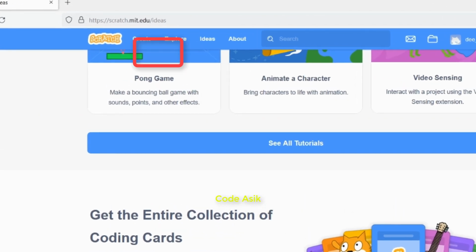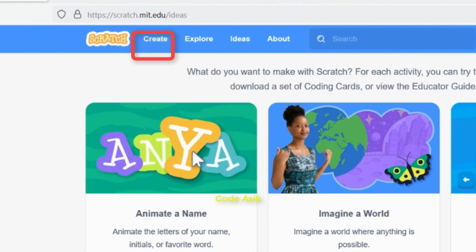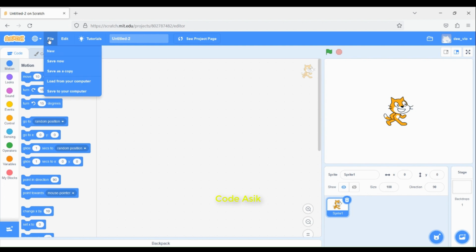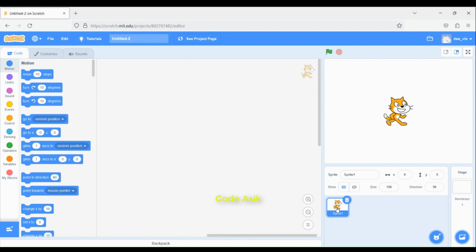Click the link from Create and you will see this interface. Here's the basic look from Scratch. There is a cat that you can click and move to anywhere in the canvas.